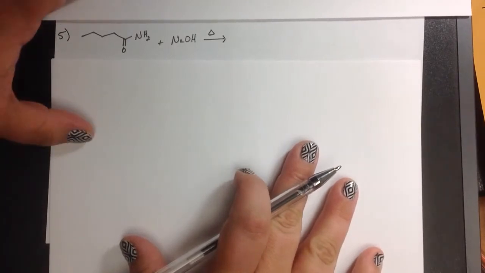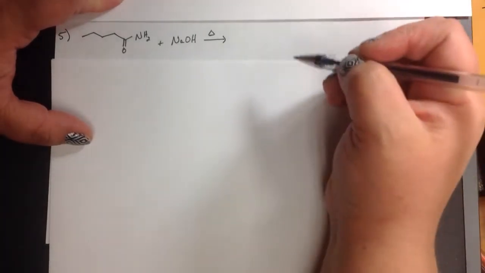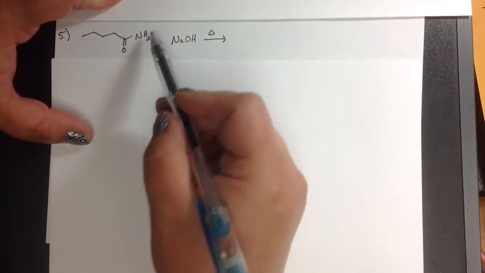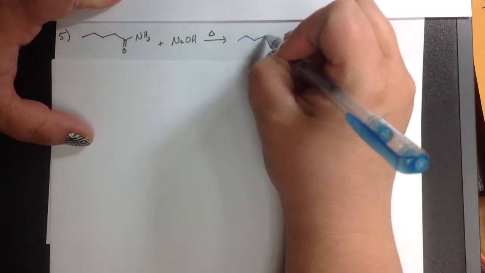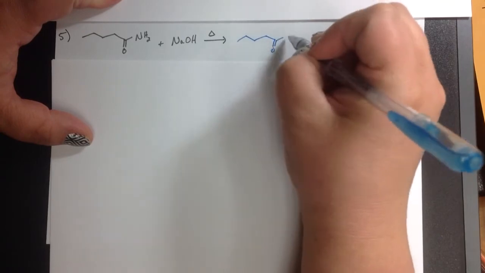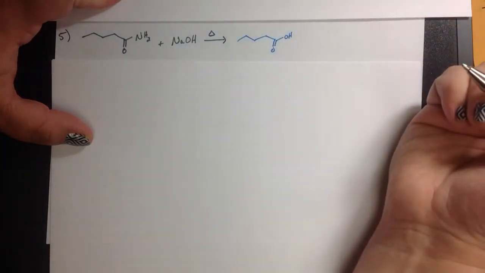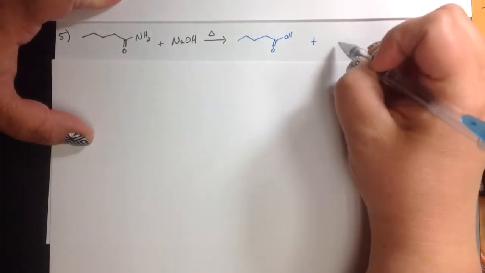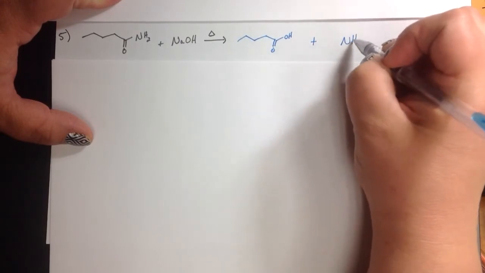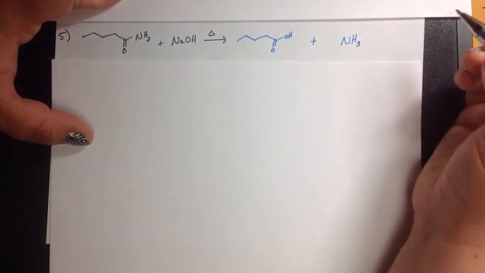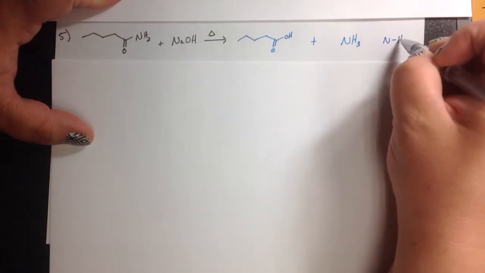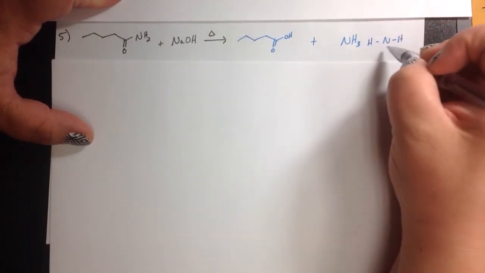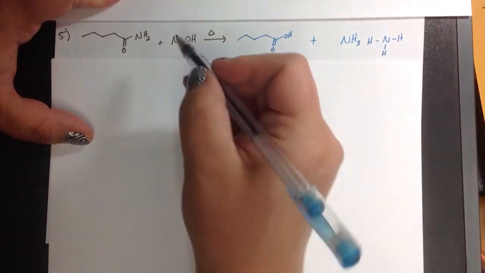Pause it and try. Okay. This is another amide, and we're going to use a base this time. So let's start with determining what that carboxylic acid was. There we go. And the amine would be simply NH3. Now, if you didn't know that, that's okay. You can draw this out. It's the same exact thing. So H, H. The third one comes from